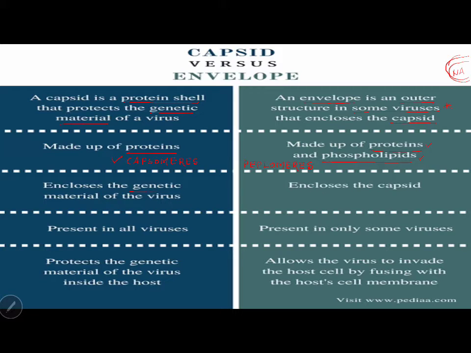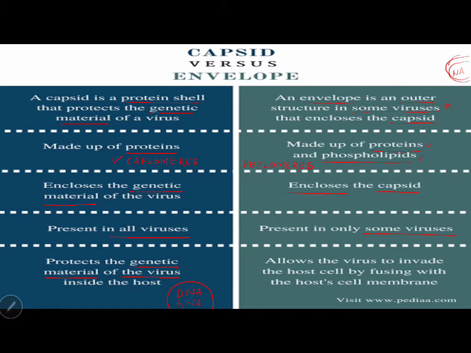And capsid encloses genetic material, and envelope encloses capsid. Present in all viruses, present in some viruses. Protects the genetic material of the virus, because I have nucleic acid, which is genetic material, which can be DNA, which can be RNA, and I have a capsid protecting the genetic material. And whereas if there is an